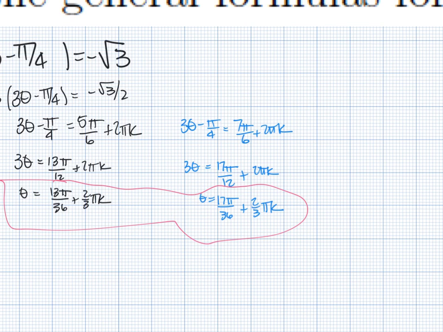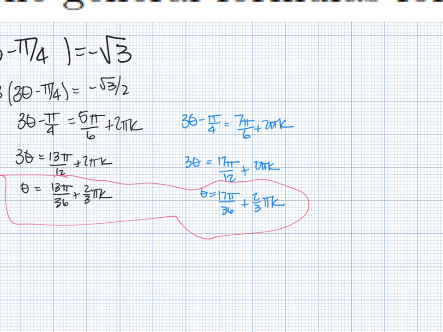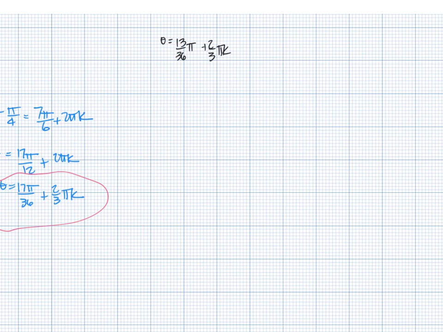So theta equals 13 over 36 pi plus 2/3 pi k. And then in blue, we will work out the values for theta equals 17 pi over 36 plus 2/3 pi k. So we can start by letting k be